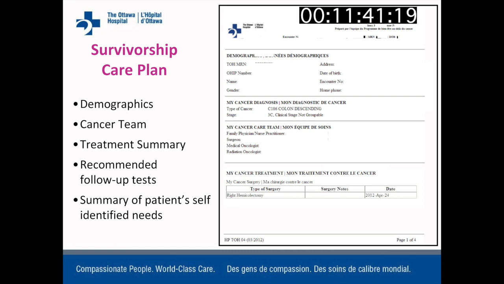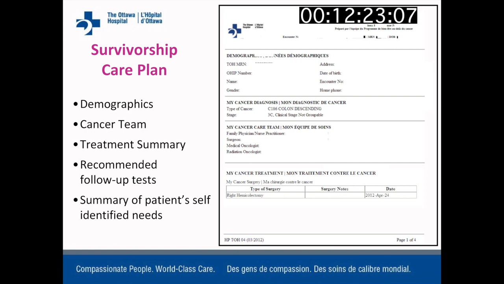Care plans refer to two simple words in survivorship programs across North America, really, and the world. And the purpose of care plans are essentially twofold. Number one, they provide you and anybody that you wish to show this document to with a treatment summary, the treatment that you had for your breast cancer care. The second reason for a care plan is, yes, the treatment summary is my past, but what do I do going forward? What are the recommended follow-up tests that myself and my primary care provider need to follow